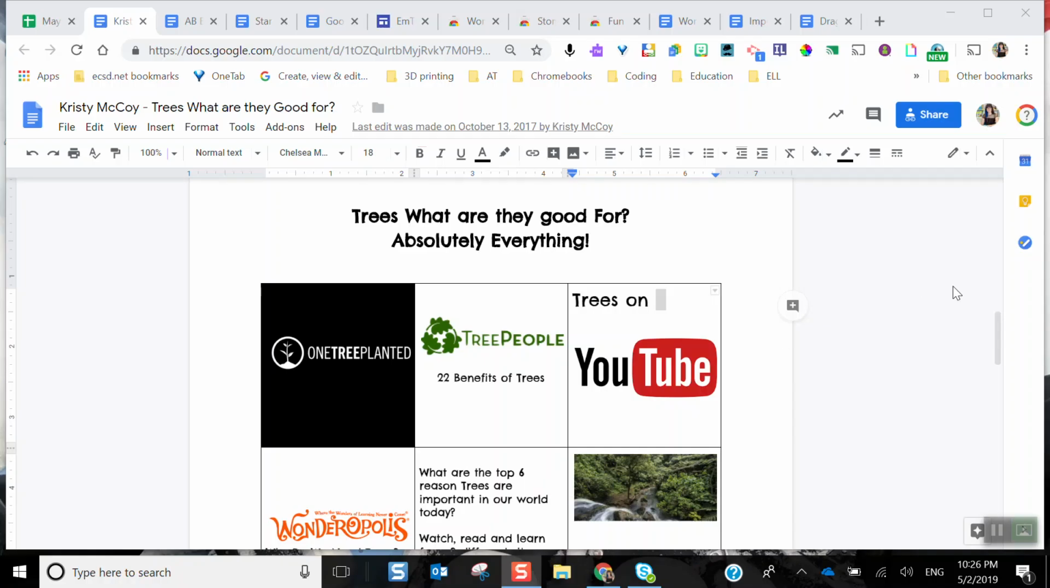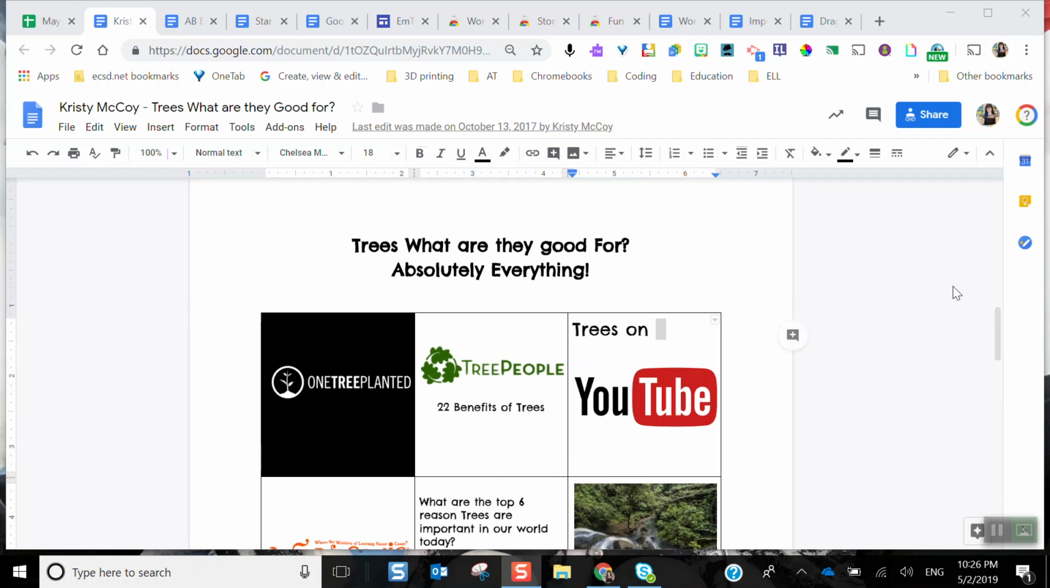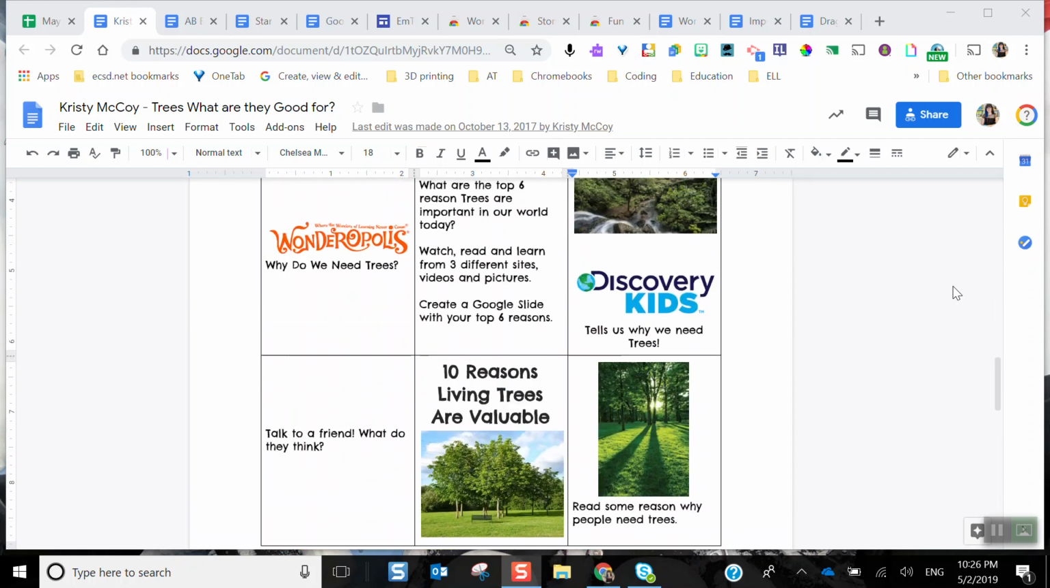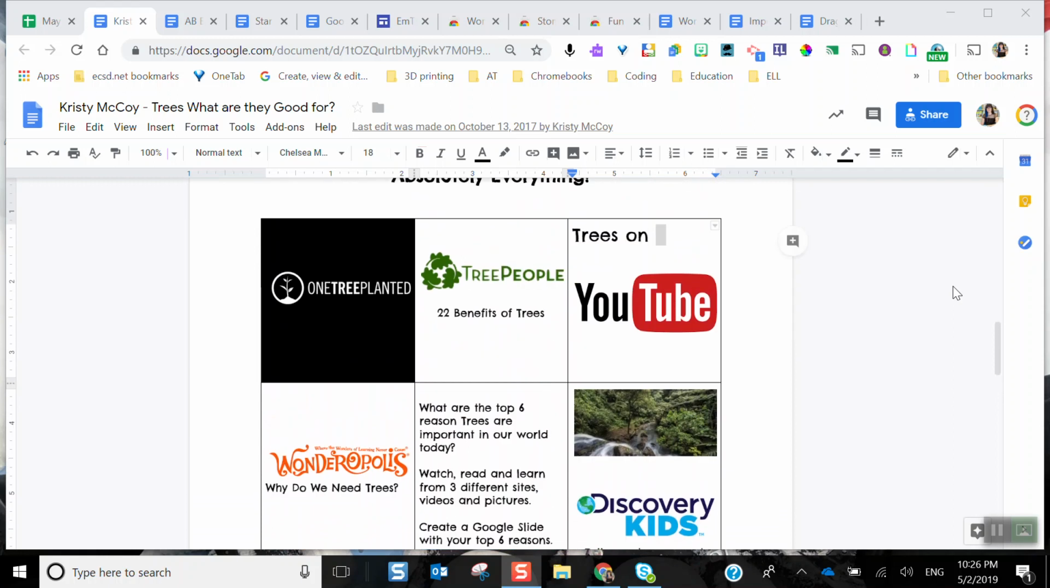So this is a Hyperdoc created by our Google Ninja, Christy McCoy, and she's talking about the trees and forests that's found within our grade 6 program of studies, and talking about trees, what are they good for? And here you can see that she's created a doc that has a simple table put in it, and within that she has multiple different questions, YouTube videos, and web links for students to be able to self-pace through this